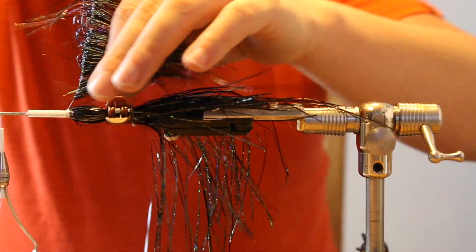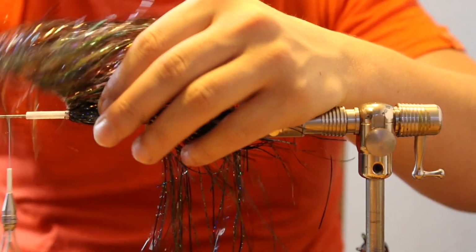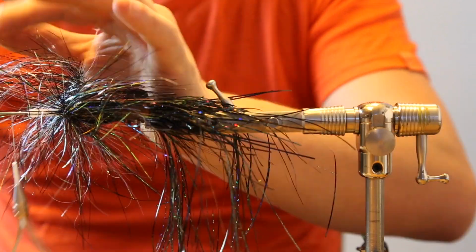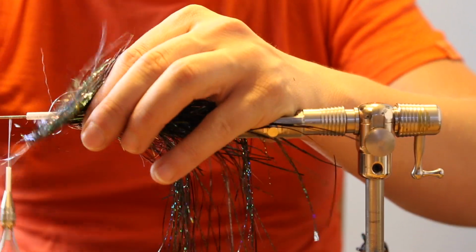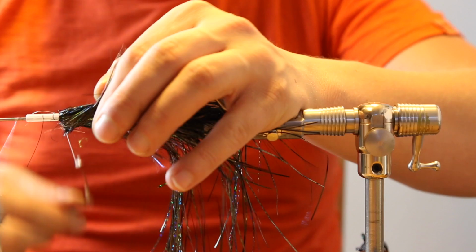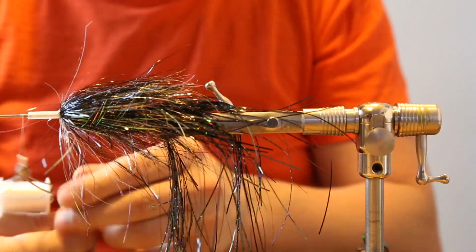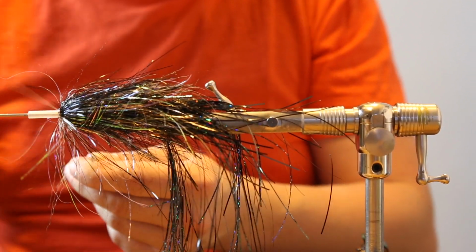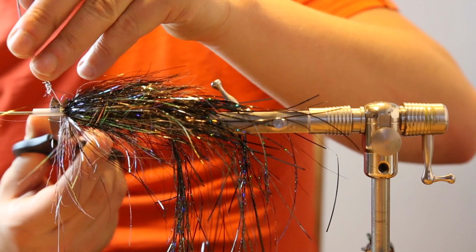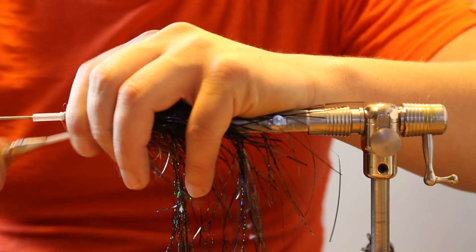So when we tie this in, we slide this back. You can moisten your fingers a bit if you want, and just slide that back here. Makes it a little bit easier, and then we just work the flash brush around the tube. Like that. So we tied our flash brush off now, and just go over it with a few wraps to secure everything